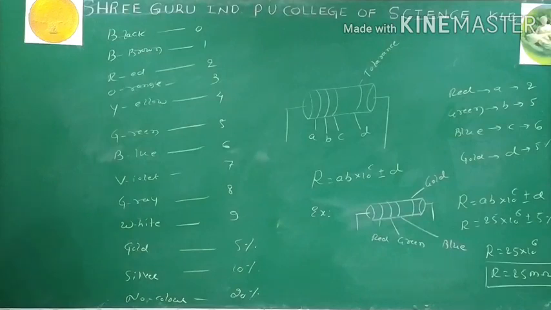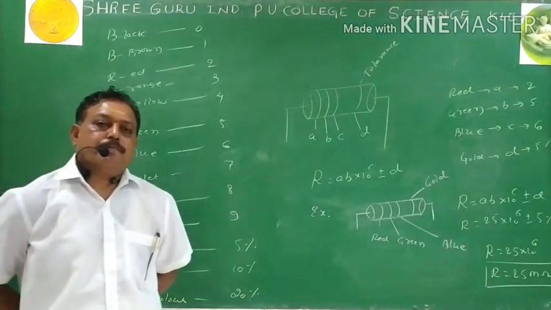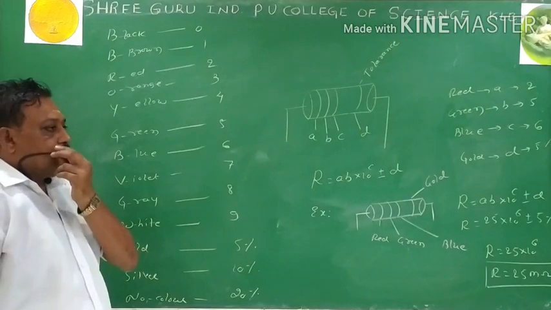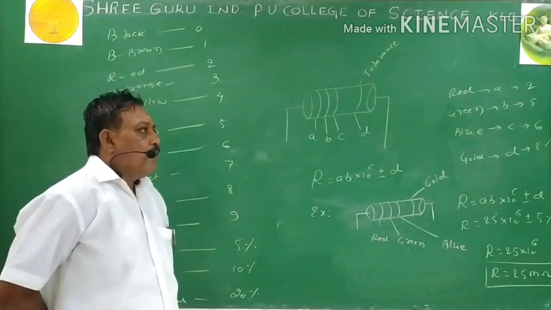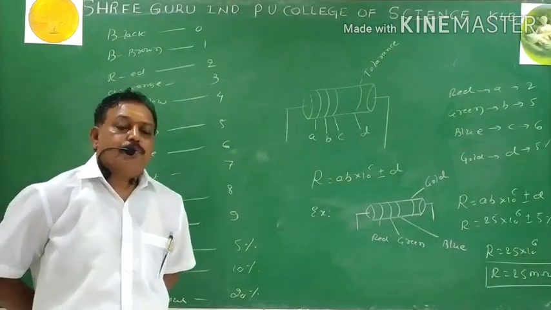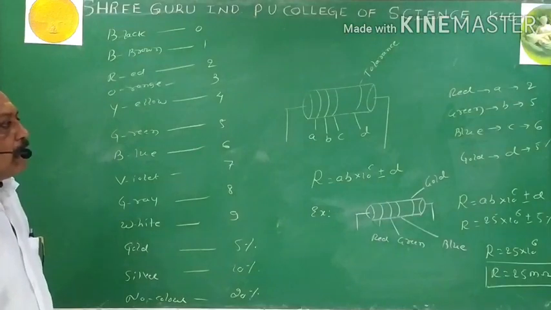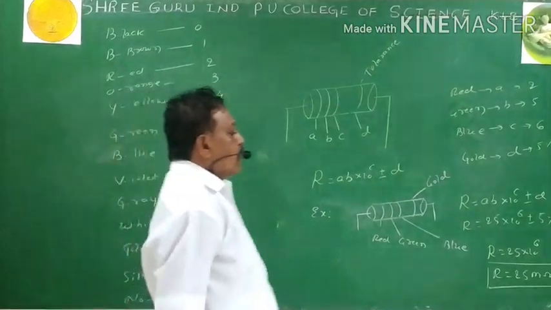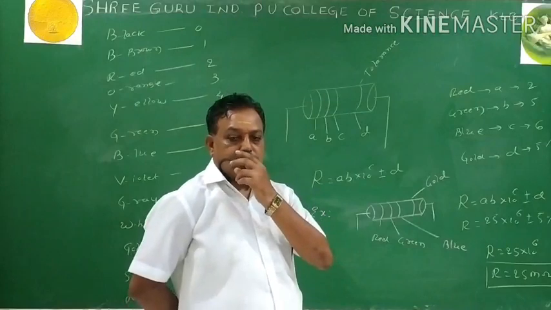Now I take one more example. I calculate the value of the resistance by considering tolerance. So maximum things in physics are easier. You have got the illusion in your mind about how to remember the equation, how to make the derivation easier. This is complicated. Nothing should be complicated, but the approach should be in the proper way. Is it clear? Then I take one more example and I calculate the value of the resistance by considering tolerance. Shall I go for that? Yes.